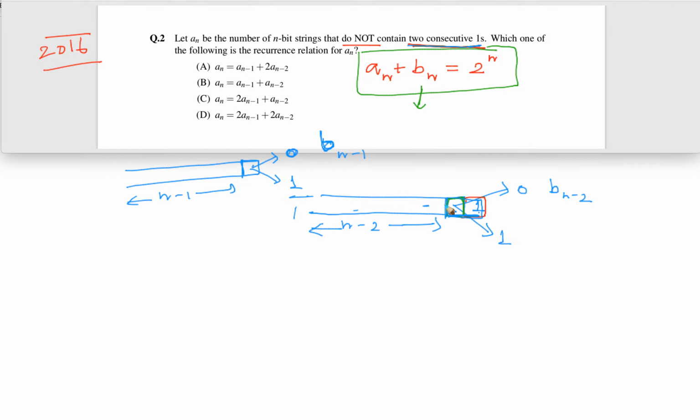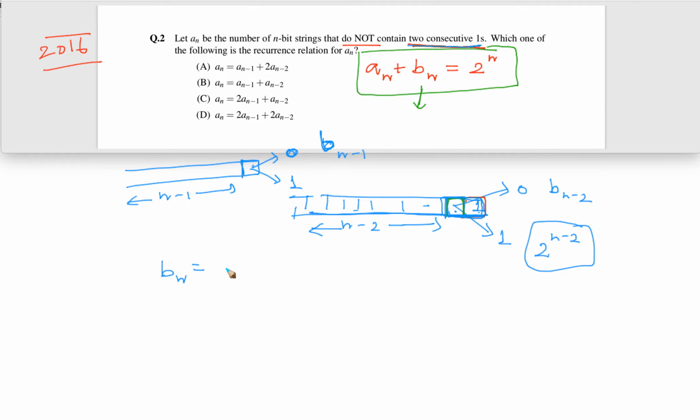Whatever gibberish is here, one is there, so that is going to satisfy and be in my count. So all these n minus 1 bits can be 0 or 1, two ways. So basically 2 raised to the power n minus 2, in any fashion you fill all these, I don't care. All this 1 is fixed, then this is going to be my count, right? Always will be there, right? So basically b n